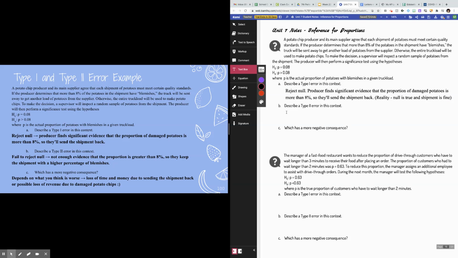So then a type 2 error is the exact opposite. The decision that you make as the potato chip producer, if you're making a type 2 error, is that you fail to reject the null. So we don't have enough evidence that this shipment of potatoes has a bunch of blemishes. So there's not enough evidence